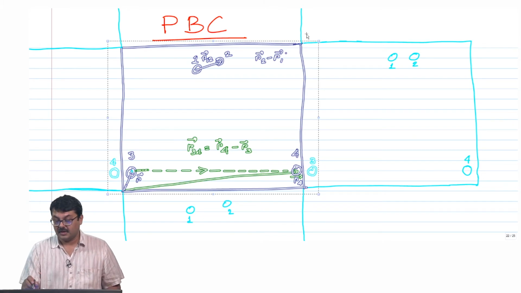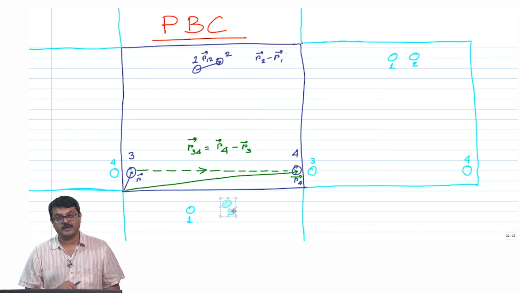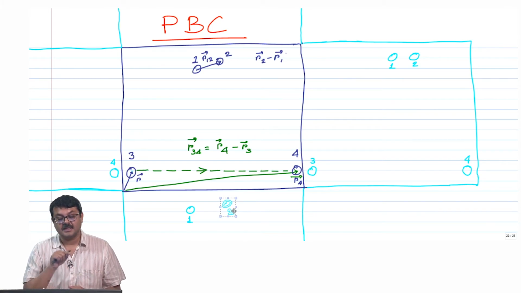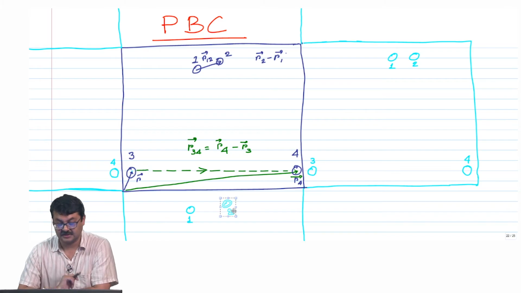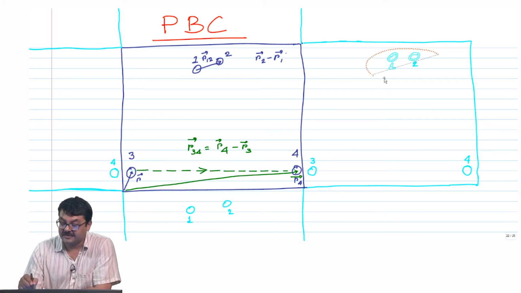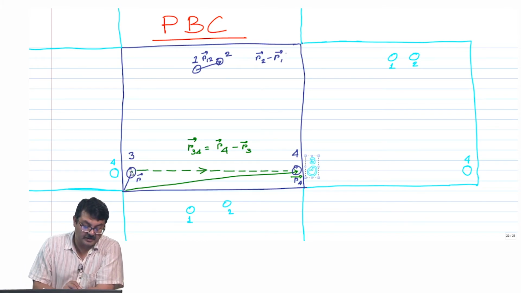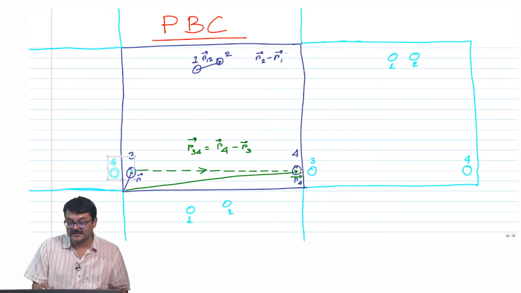Here I have shown on the right and on the left and on the top and on the bottom, but also you would have some imaginary box, identical copies of the box, which is basically sitting into the plane and outside the plane, opposite to the plane of the screen, right. And then you would have these copies of 1 and 2, and if you like, you could think that just near 4 you have a particle number 3 sitting, or you could also imagine that near this particle number 3 there is this particle number 4 sitting, which is essentially saying that this